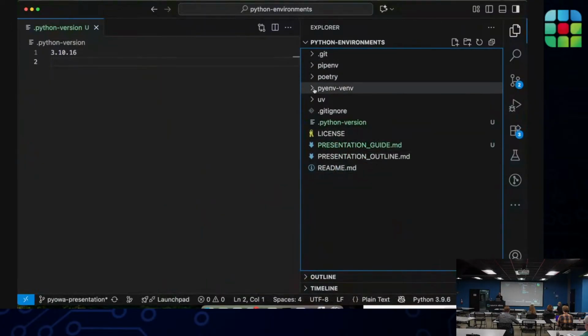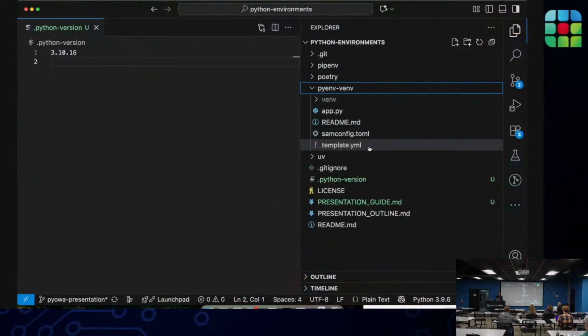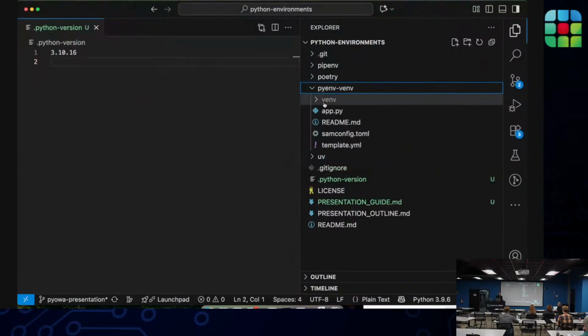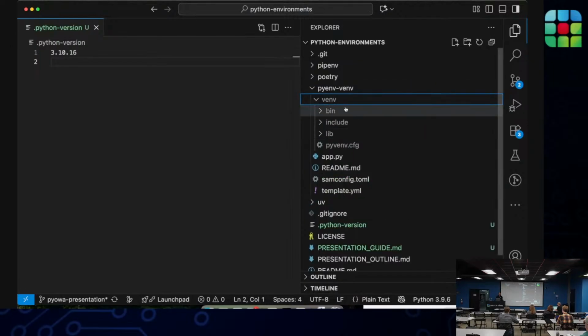Okay, so I was in this directory of the project, and I ran the command to create a virtual environment with venv, and it created this directory, venv. It did that because that's what I named it. So if we named it Kyle's special virtual environment, that would be the name that we would see here.